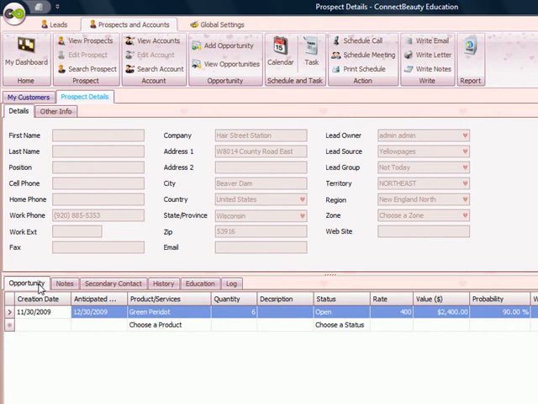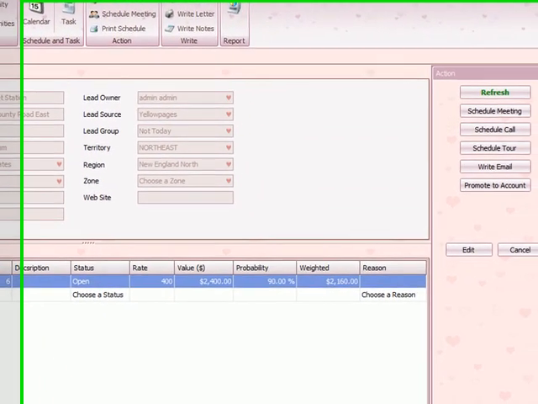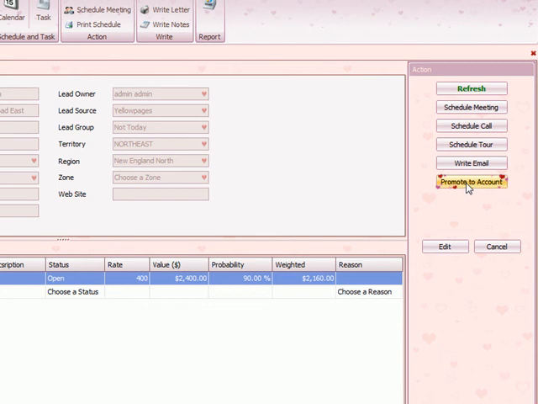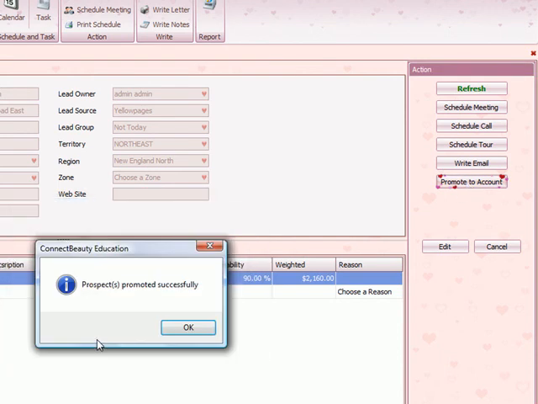Now, as a salesperson, success is when a prospect signs a contract or becomes your customer. To track that easily in ConnectBeauty, you simply click Promote to Account, click OK,